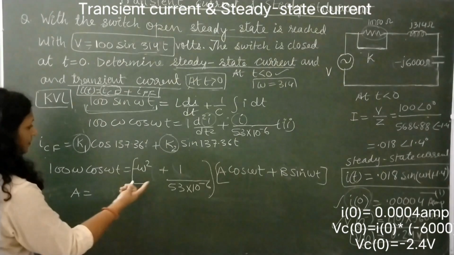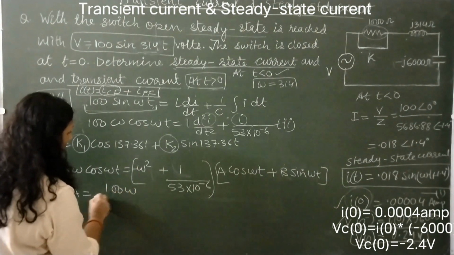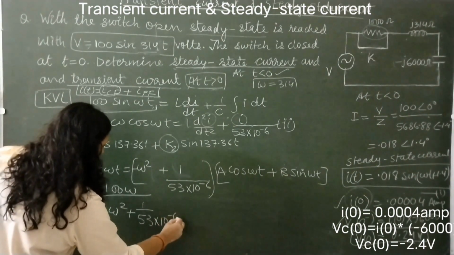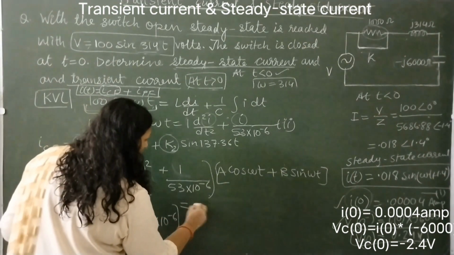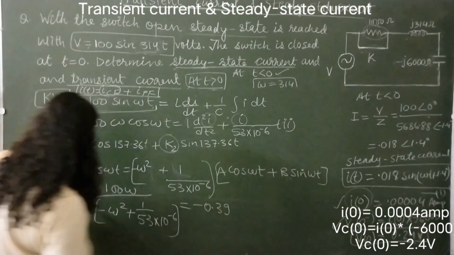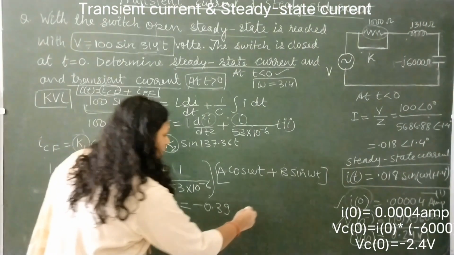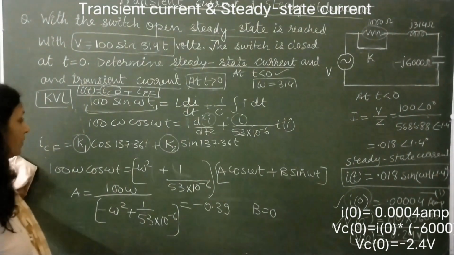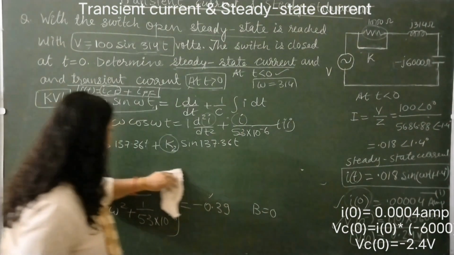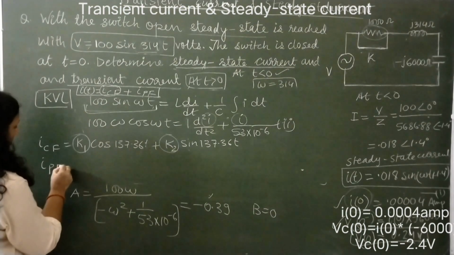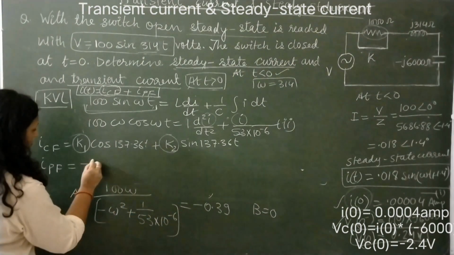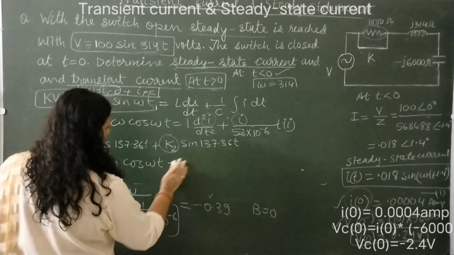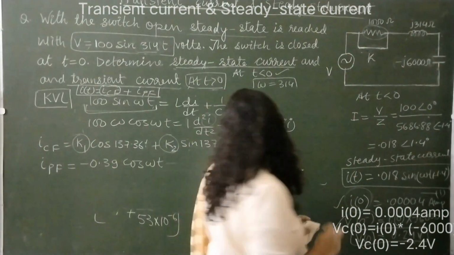तो हमारा ए क्या हो गया, ए इज इक्वल टू 100 ओमेगा डिवाइडेड बाय दिस माइनस ओमेगा स्क्वायर प्लस 1/53 इंटू 10 टू द पावर -6। जब आप इसे कैलकुलेट करेंगे तो ये आ जाएगा -0.39, ओके। ए की वैल्यू क्या आएगी -0.39, और बी हमारा आएगा इक्वल टू 0, क्योंकि यहाँ पे कोई साइन का कंपोनेंट प्रेजेंट नहीं है। तो इस तरीके से हमने आईपीएफ निकाल लिया, दैट इज आईपीएफ क्या हो गया हमारा, ए की वैल्यू ये है -0.39 कॉस ओमेगा टी प्लस बी की वैल्यू प्रेजेंट नहीं है, तो ये है हमारा आईपीएफ, ठीक। अब हम